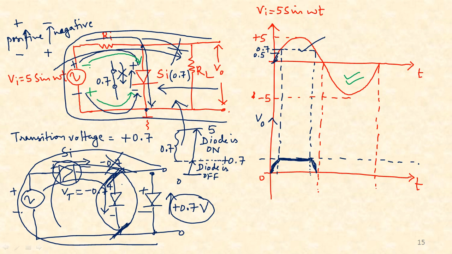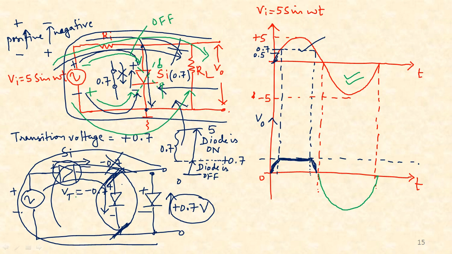Students, during the negative half cycle, will the diode be off or on? Off, sir. Good. Correct. So now the diode is off. When it is off, it behaves like an open circuit. When it behaves like an open circuit, just remove this part. Assume that the diode is not present at all in this overall circuit. So that means the entire input signal has to appear across the load resistance RL in this case. So this is how the output looks.